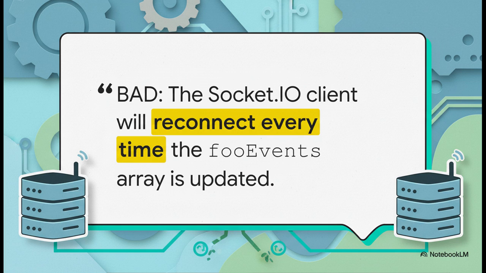This one is all about the dependency array. See what's happening here? We've mixed our connection logic, the connect and disconnect calls, into the same effect as our event listeners. And we've put some state, foo events, into the dependency array. So, what happens every single time that state changes? The entire effect runs again. It disconnects the socket and then immediately reconnects it. This is wildly inefficient. You can easily drop messages during that little blip, and you're just hammering your server for